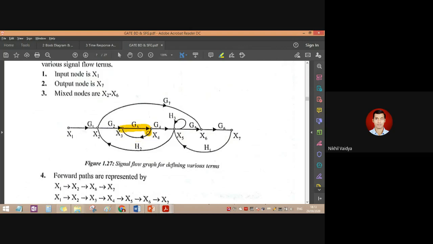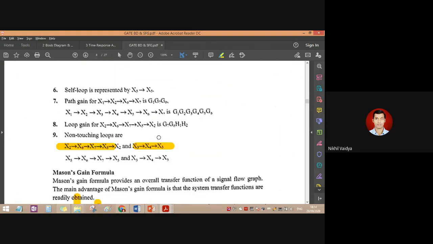Means what? This is one, this is two, and we don't have any other loop which is not at all having any common node with these two loops. So the remaining loop is what? This, which is common to this loop, and another loop is this. This is also common to this particular first loop. So we don't have three loops touching each other.